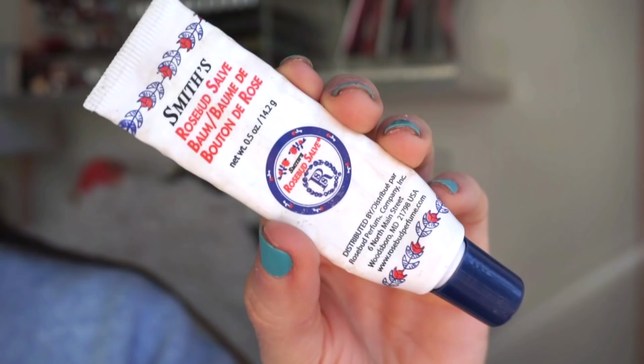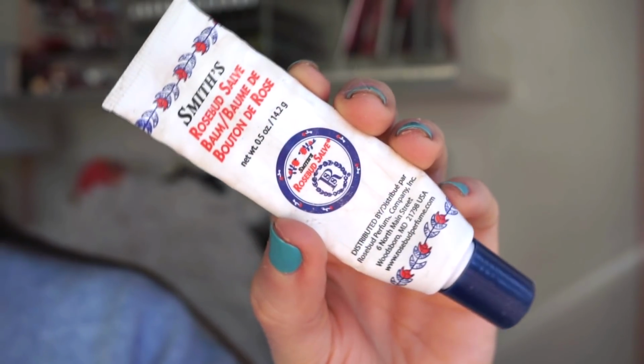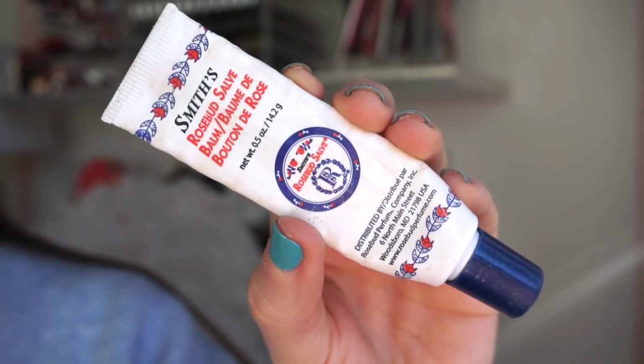10 out of 10. I finished off one lip balm, but I'm working through a bunch, so hopefully for next year we'll have a ton. But this is the Smith's Rosebud Salve Lip Balm. So good, so good. I got this for my sister as well, and she's hooked. This is just a good classic. I know it's probably their number one bestseller. It's sold on Ulta's website. It has maybe a jelly-ish consistency to it, but it's super hydrating. You don't need too much,